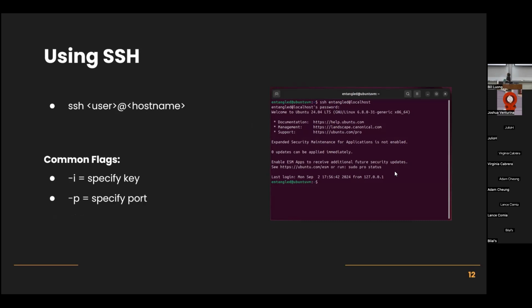You guys can see that it asks me for my password. After I've entered my password in, it gives me a huge banner, and then boom. It may look the exact same as the top because I am logged into myself on my own computer. But if you hit exit, it's not going to leave the terminal. It's going to exit the session. A couple of important flags to note. -i is if you want to specify a key file, and I will cover what a key file is in just a second. And -p is to specify a port, just in case that you decide not to use 22